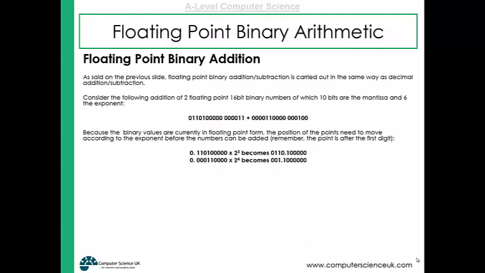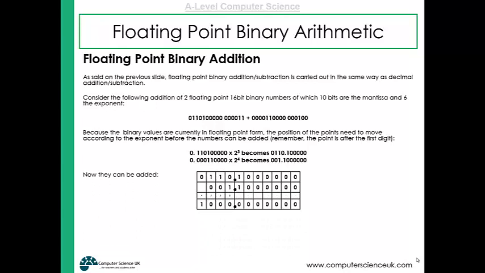Let's have a look at the second floating point binary number. So the mantissa we write down with the decimal point in the correct place. We say it's times 2 to the 4 because the exponent is 4, so that means move the decimal point to the right 4 places, so we end up with 1.1. Now we can add those values together. We ensure that the decimal points line up, and we add as per usual, and we end up with